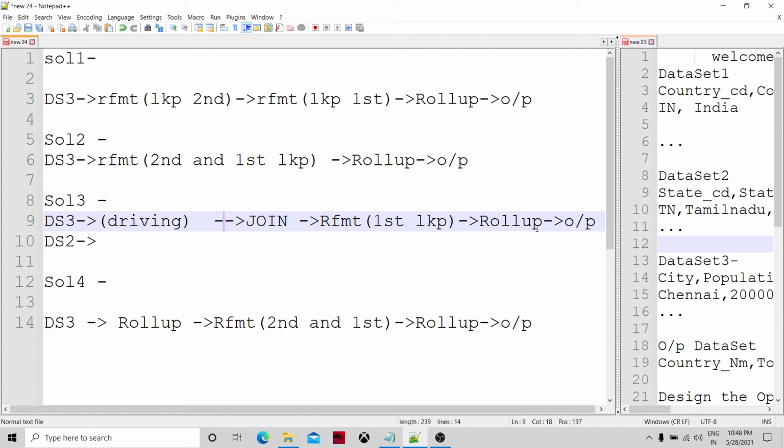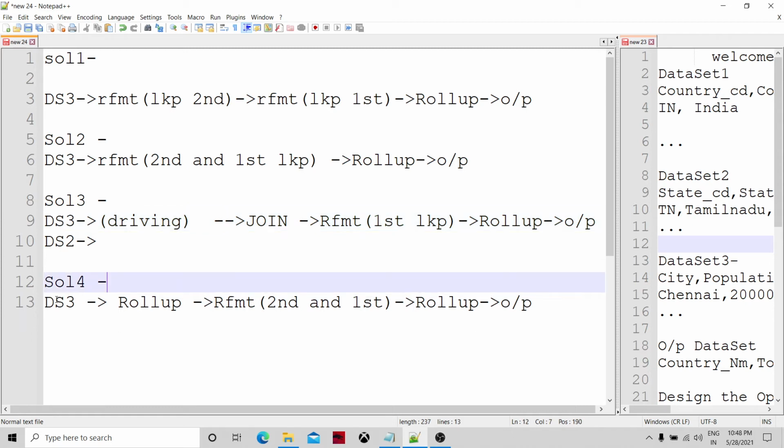So then there is a reformat component, which is going to look up in the first dataset, and then there is another roll up and the output dataset. Okay. And solution 4 is we will have dataset 3, and then we will roll up based on city, roll up based on state code, isn't it?